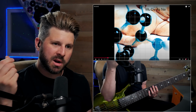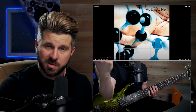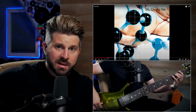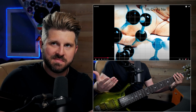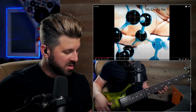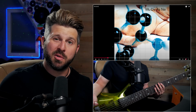That's the thing about the Warwick Thumb bass tone. You can get away with chords at lower frequencies or pitches, if you will, because there's such little bass information. Even when I'm down here, it sounds like a low bass note, but it's not woofy like a P bass. I've talked about this concept in several videos where there's sort of a diminishing returns point on bass when you start doing intervals and chords. The lower you get, it sounds worse, but I feel like